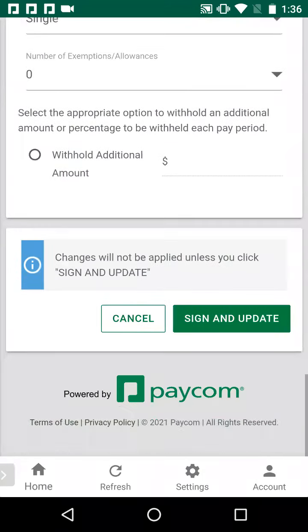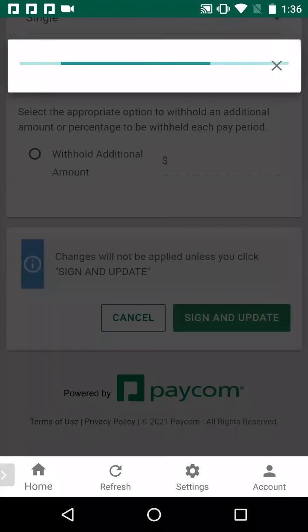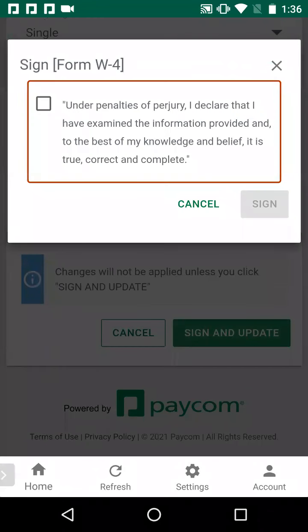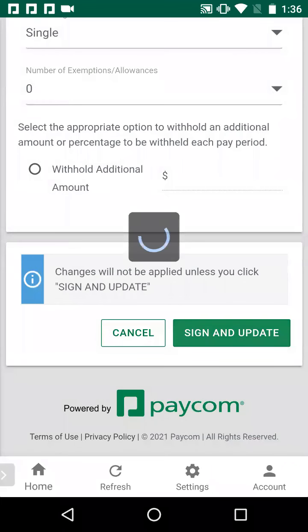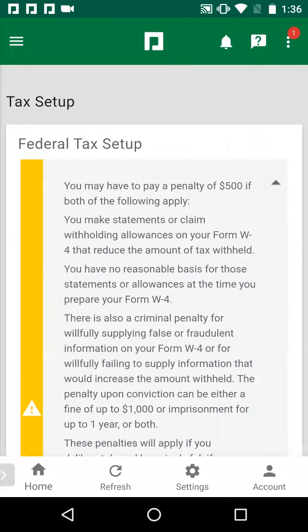And then at the bottom of the page, you'll click to sign and update. You'll still need to acknowledge that under penalty of perjury, you are making all of these changes, as well as digitally sign that you are making these changes. This is still a legal state and federal tax document. So you do need to acknowledge and sign that you are making these changes. But once you do both of those things and hit sign, your W-4 and tax elections will be live for